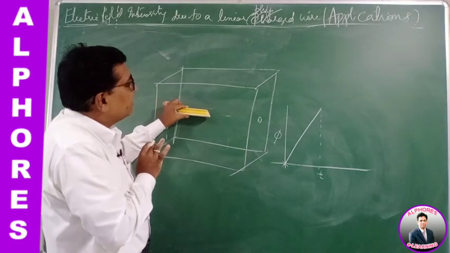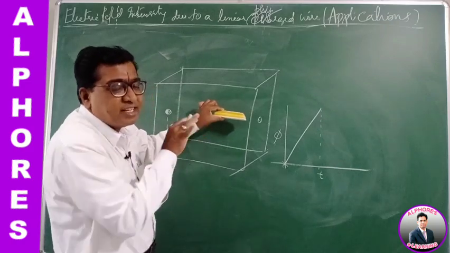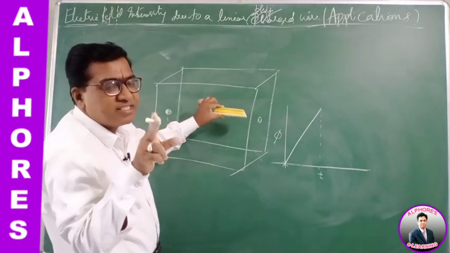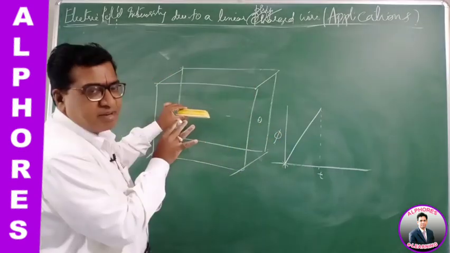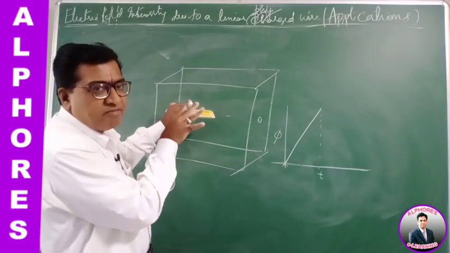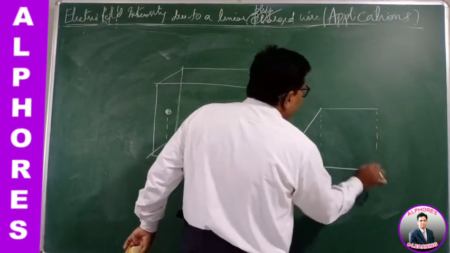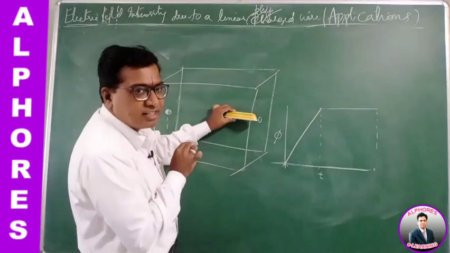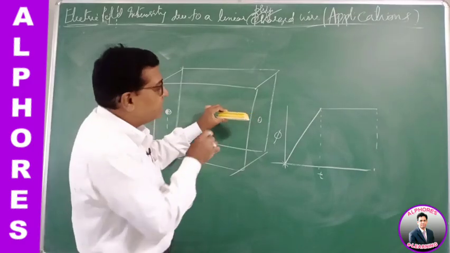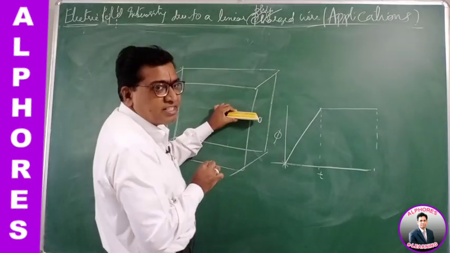So the conductor is moving with constant velocity like this. The position inside is changing, but the flux associated does not change with position. So the length inside the conductor remains the same, the charge inside is the same, and the flux is also the same. So the flux remains constant until this end of the conductor reaches the other side of the cube.